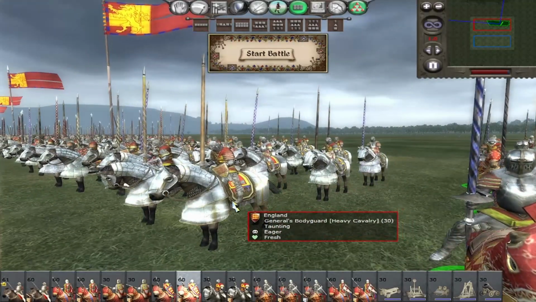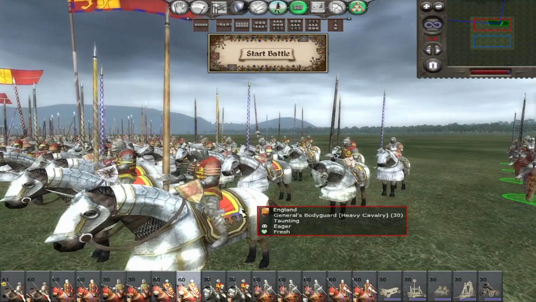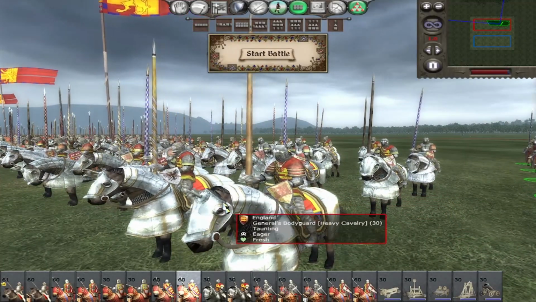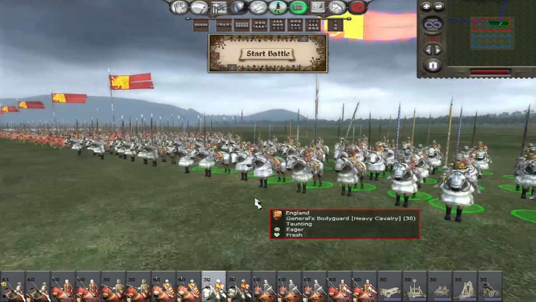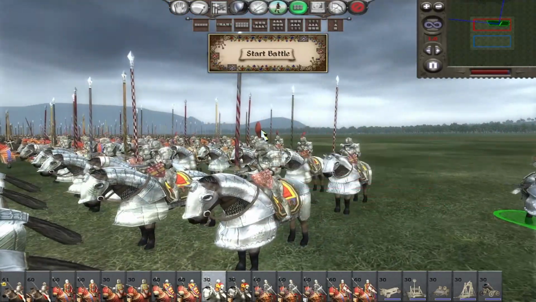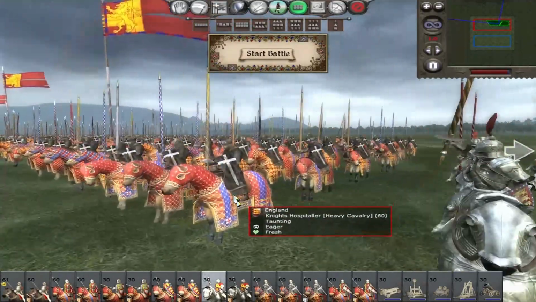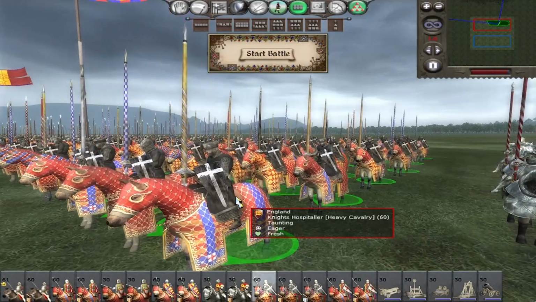Then we have the late General's Bodyguard with the full steel barding for the horse, and these units look very nice. Like, look at the spike on the horse. The regular version and the upgraded version, which are monsters. Look at these plates and helmets, gorgeous looking. Then we have the Knights Hospitaliers, so